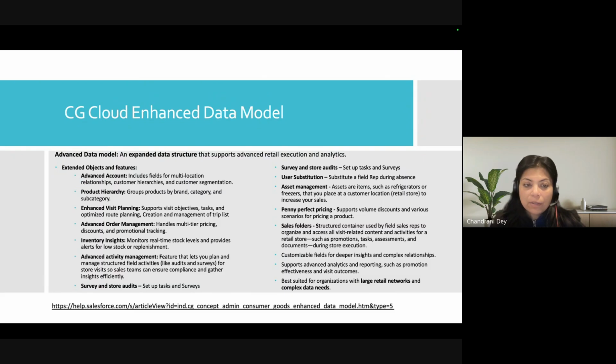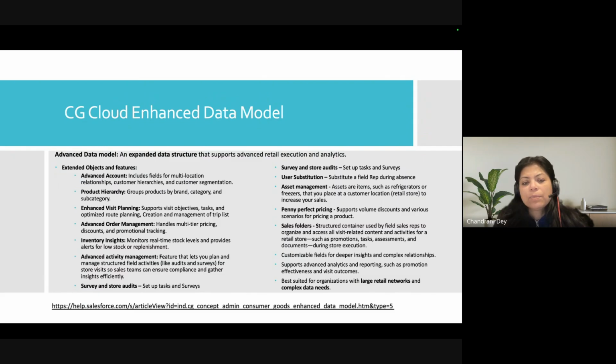Then comes product, where you have product hierarchy. You have enhanced visit planning: visit objectives, tasks, optimized route planning, creation and management of trip lists, multiple visit creation, visit record creation in one go. All those things are part of this enhanced data model.